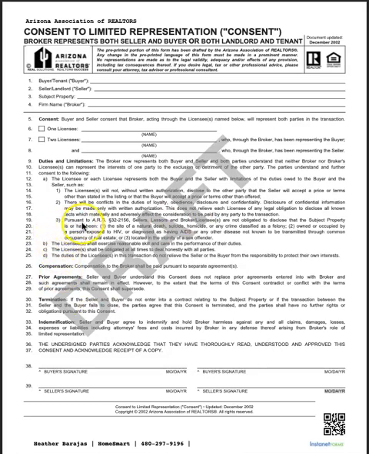Number 3, pursuant to ARS 32-2156, sellers, lessors, and brokers' licensees are not obligated to disclose that the subject property has been the site of a death, suicide, homicide, any crime classified as a felony, owned or occupied by a person exposed to HIV or diagnosed with having AIDS or any disease not known to be transmitted through common occupancy of real estate, and located in the vicinity of a sex offender.